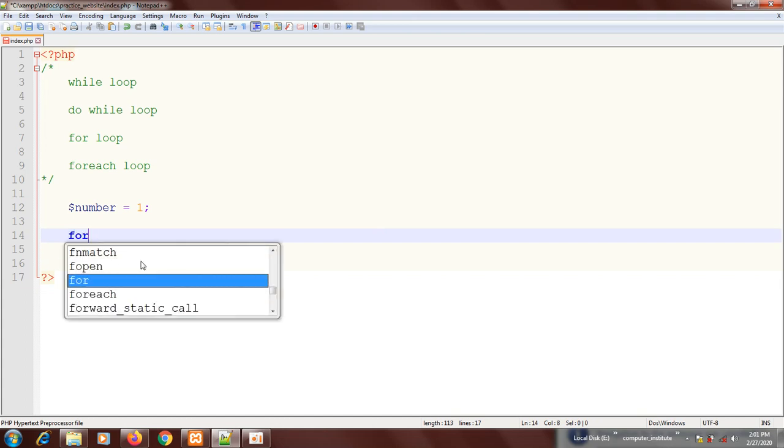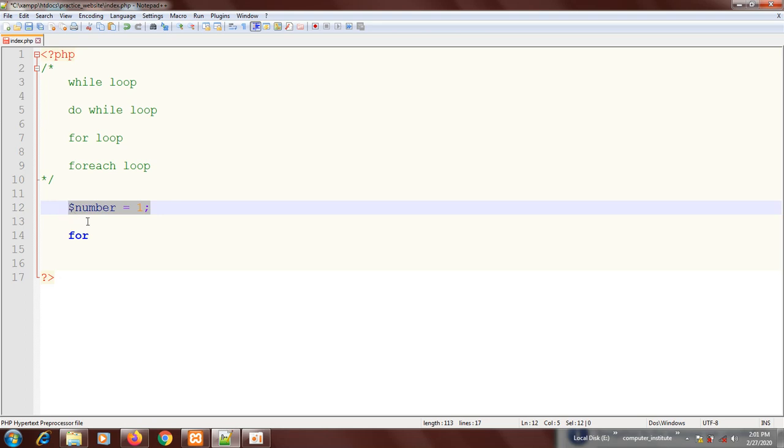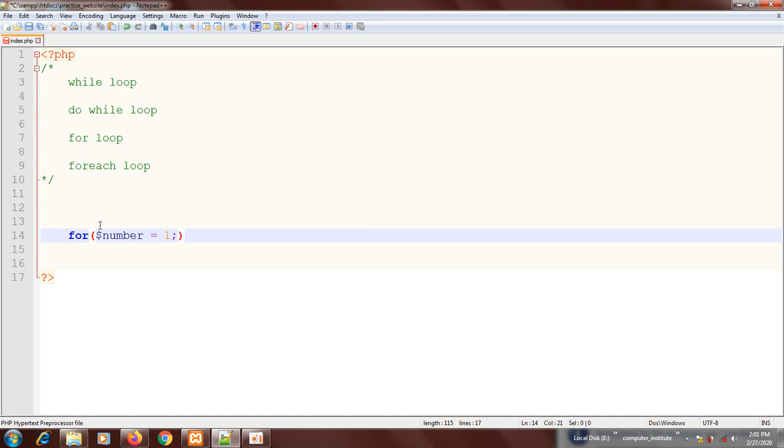When you want to use a for loop, just type in loop. This variable is no longer necessary. The variable will not be outside, the variable will be inside. So let's say you want to use this number as a variable, you just say for. Inside, you create a variable, then after that you put the condition. Let's say the variable number,